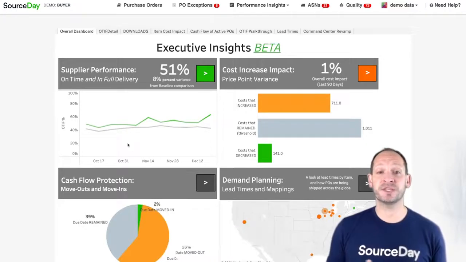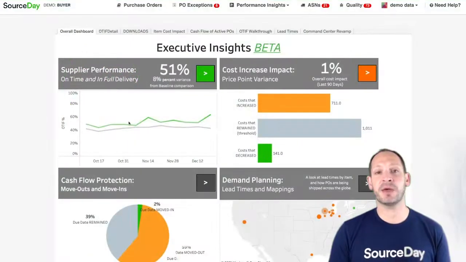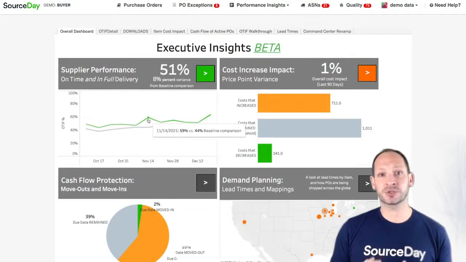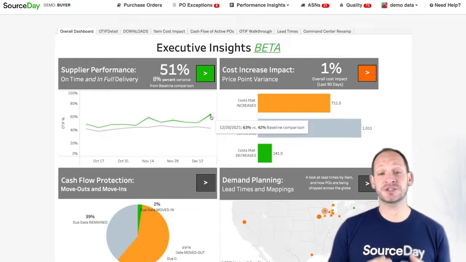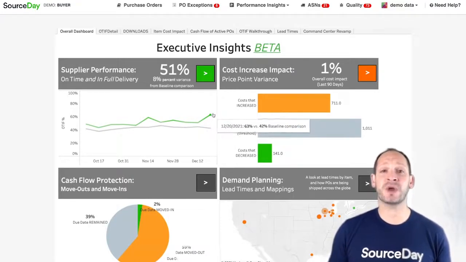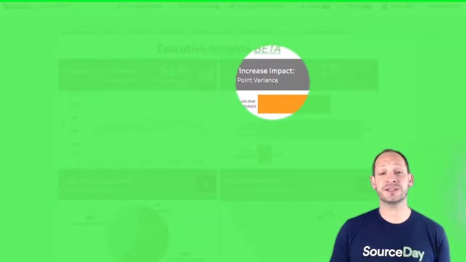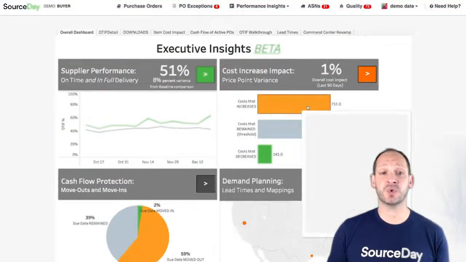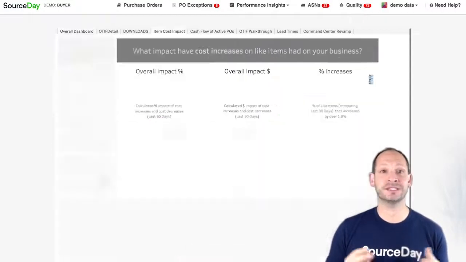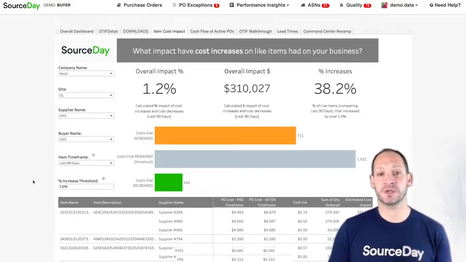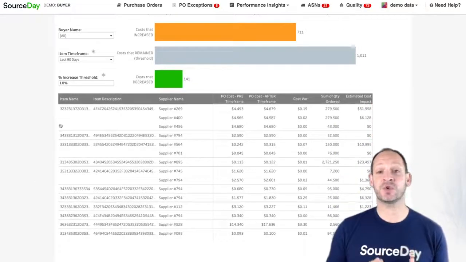On time and full. This provides valuable insight to the organization, helping ensure that your customer orders can be met on time. An on-time partial shipment can have major production impact. Partial or change orders don't just impact production, but there can be a direct financial hit. Looking at price variance can give us insights to what supplier or parts need to be addressed. From the main overview, we can access all the details and they can easily be surfaced. Using SourceDay is providing easy and quick views to help executives manage by exception and also make proactive decisions about